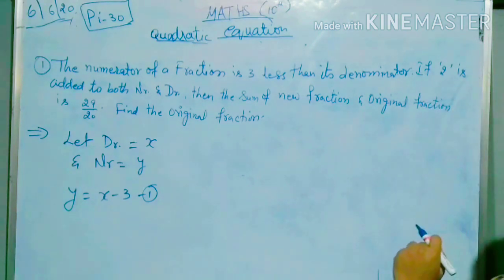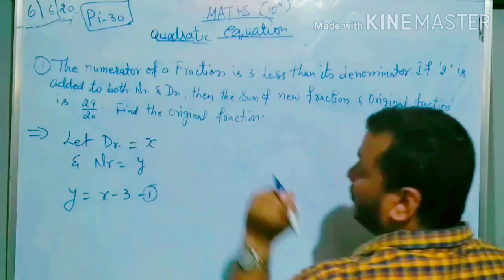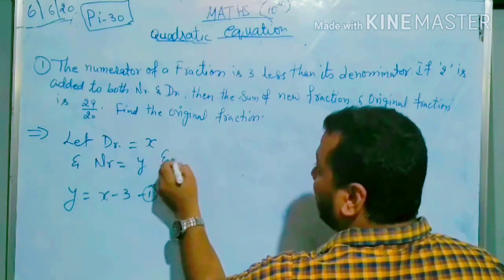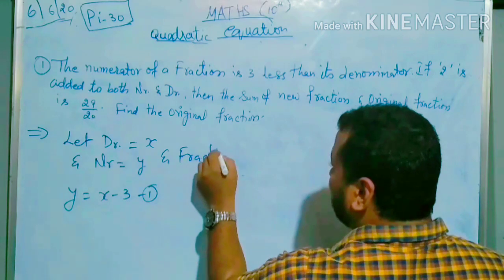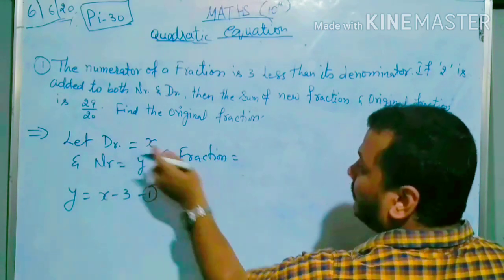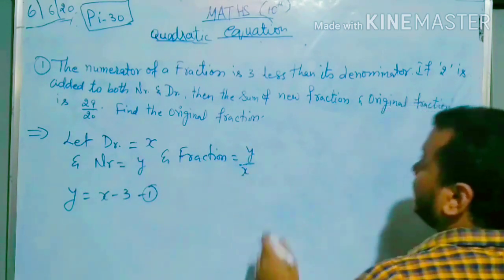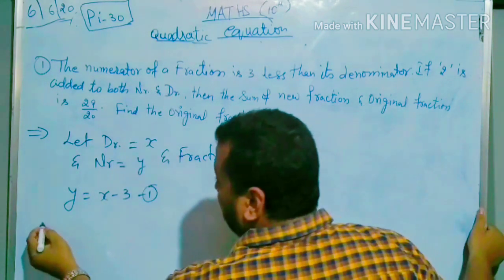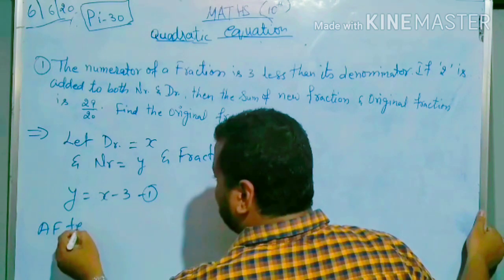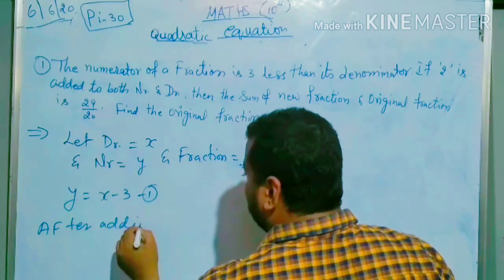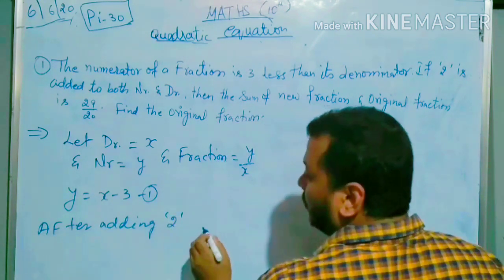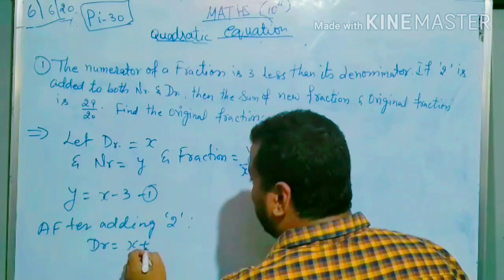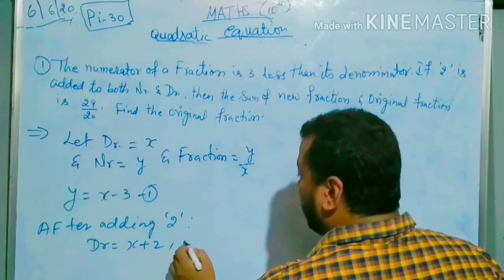Now the second part will come. If 2 is added to both numerator and denominator, here the denominator is there, numerator is there. So if you want, you can find the fraction number here. So fraction is equal to numerator by denominator, so y by x. Now if you add 2 in both numerator and denominator, so after adding 2 in both, what will become? This denominator will become x plus 2 and numerator will become